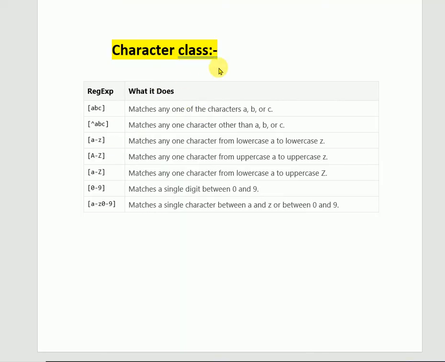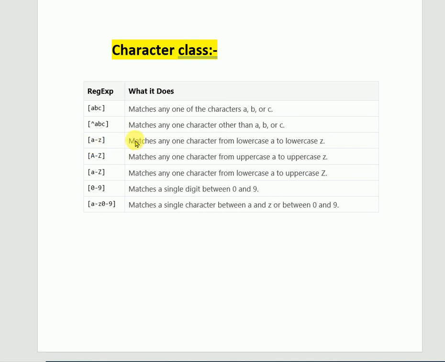In character class we saw the first one, ABC. I put A in the bracket in that example. The second one matches any one character other than ABC, so any other character will show true.